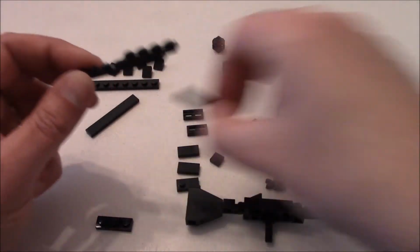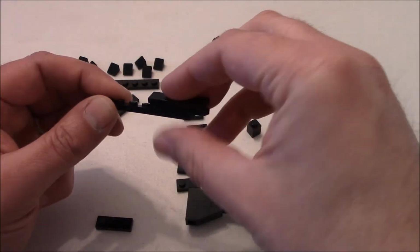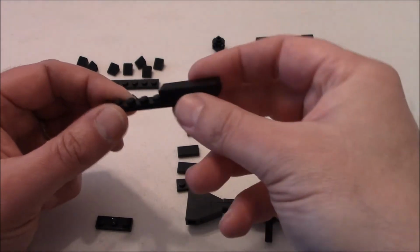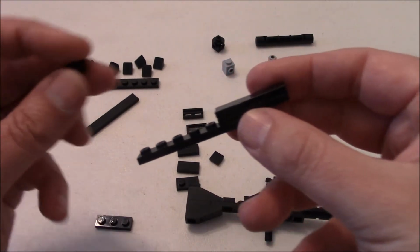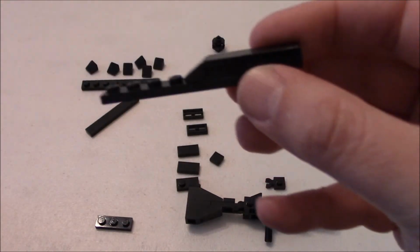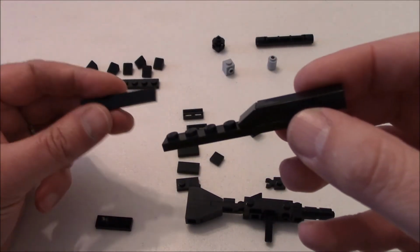And we're going to get the 1x4 smooth tile and put it on top of that piece, like this. Okay, you can see that's the front, kind of the butt. And then we're going to go with a cheese slope down in here, like so. And a 1x6 smooth,